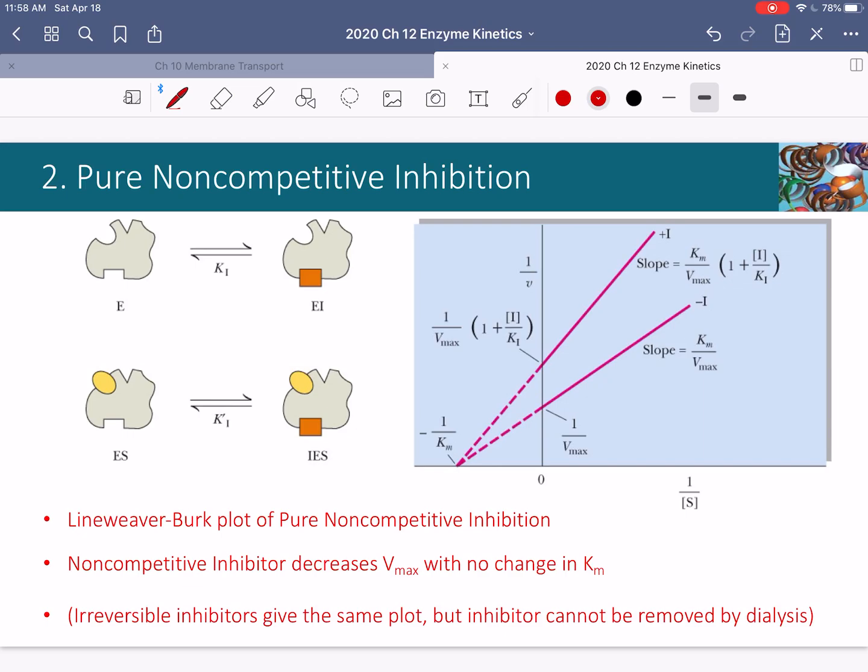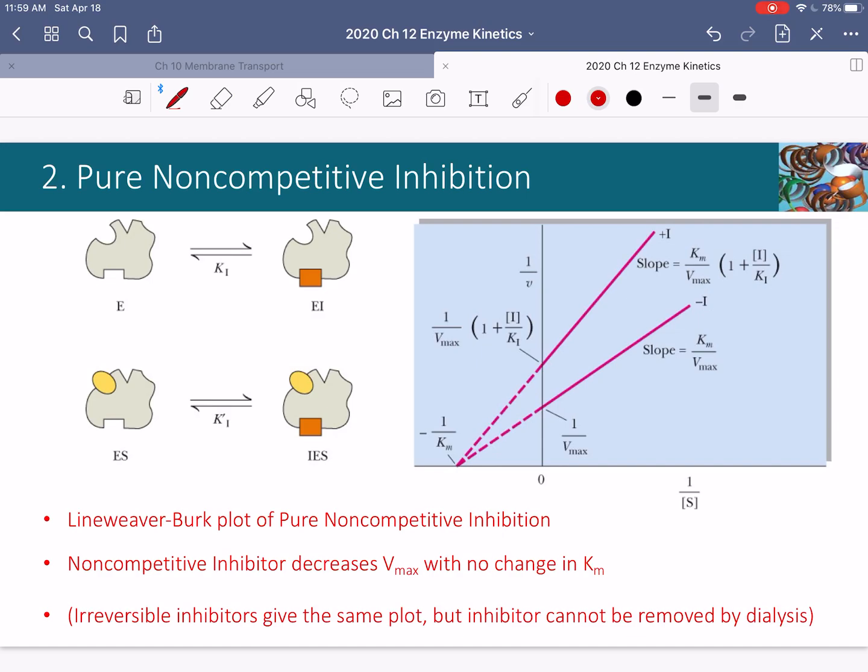In the last video, we talked about the first of 4 reversible inhibitor classes, competitive inhibition. Competitive inhibition is the only one of the 4 that you can actually outcompete the inhibitor by increasing the substrate concentration. That's why it's called competitive inhibition. You can compete with the inhibitor because the inhibitor is binding the active site. The other 3 types of reversible inhibitors do not bind the enzyme active site. So we're no longer going to be binding to the site that the substrate binds.